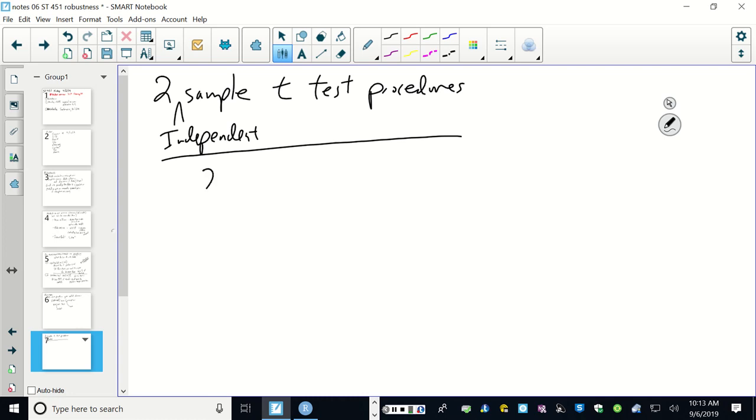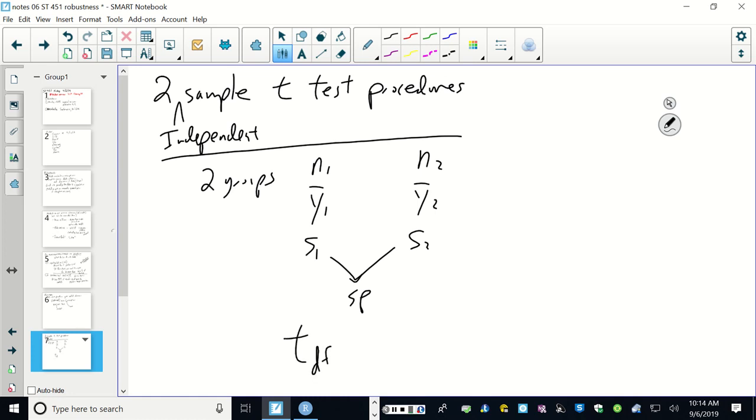Two groups, N1 and N2. We're going to take the average of the first group and the average of the second group. There's a standard deviation for the first and a standard deviation for the second, and we're going to pool these together to get a pooled one. We're going to use a t-distribution with degrees of freedom n1 plus n2 minus 2,